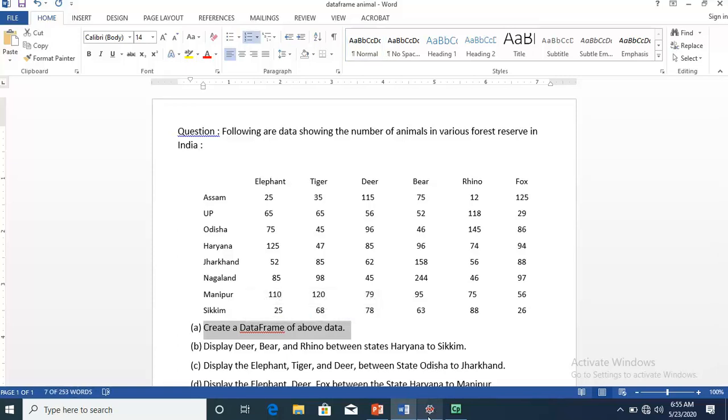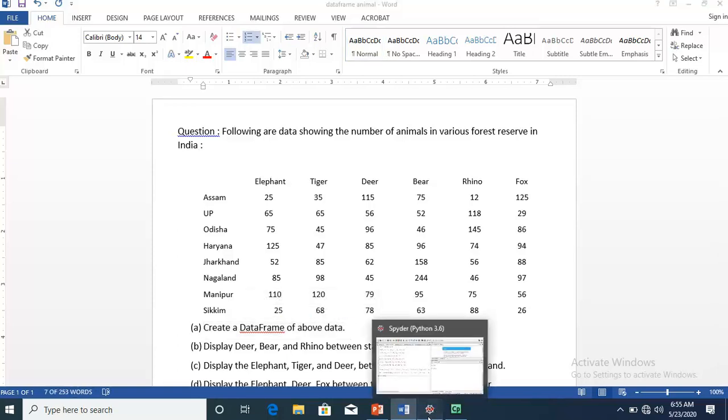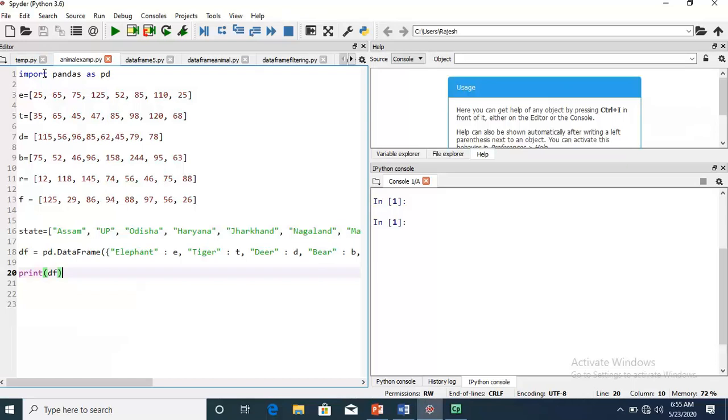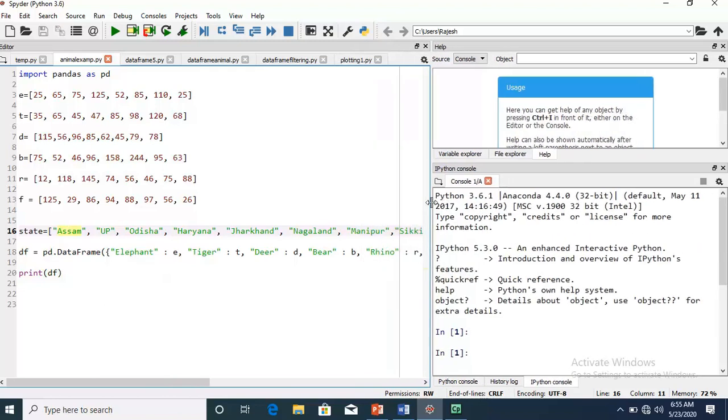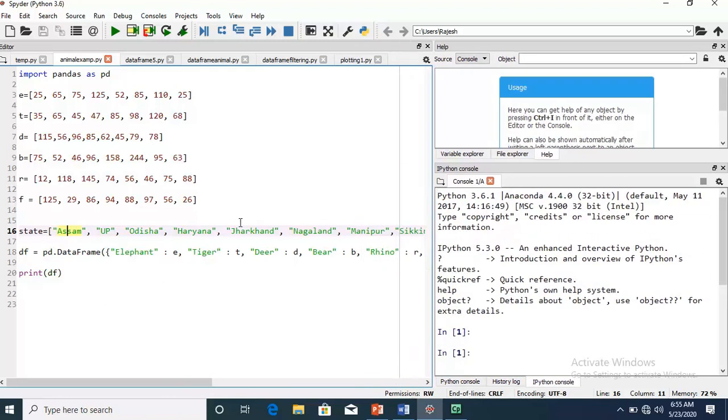Okay, let me write the code for this. First, import pandas as pd. Then I have created lists of all these animals. Then this is the state list I have also prepared, which works as our index. Here I have used Assam, and all these states.